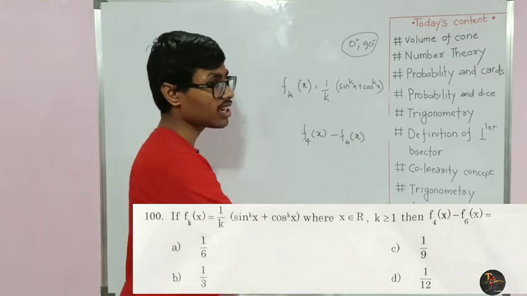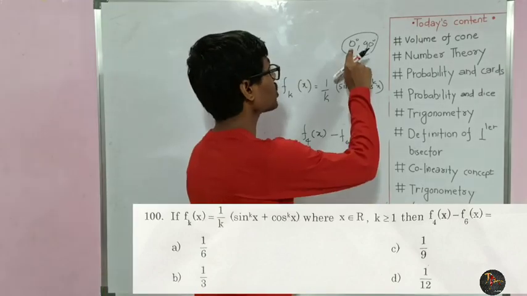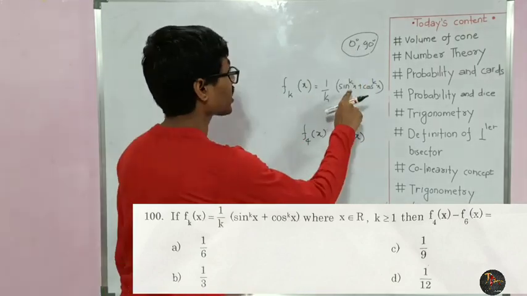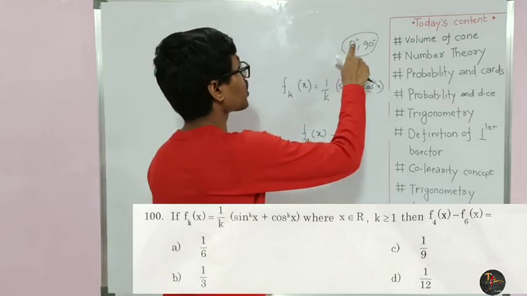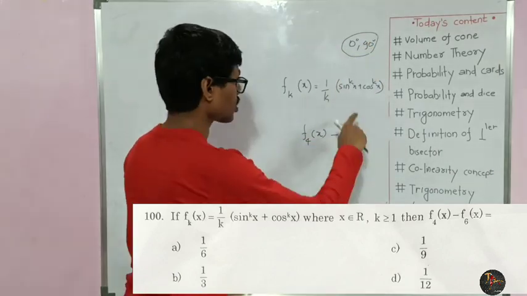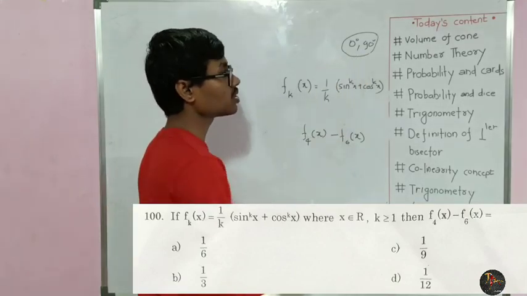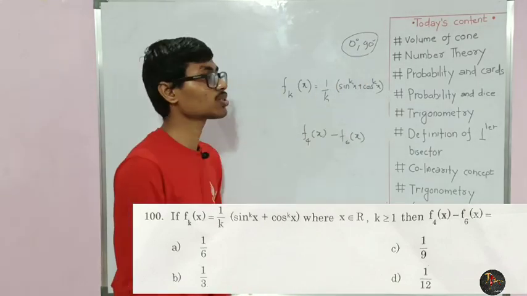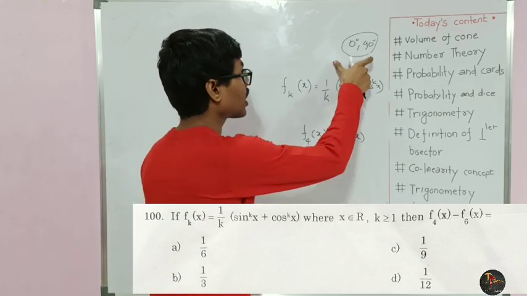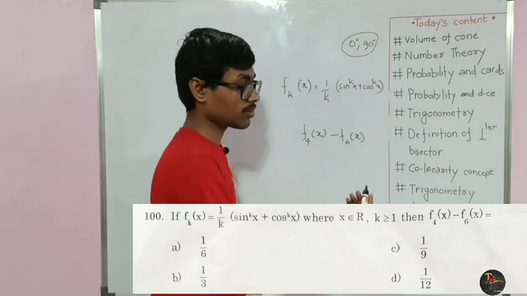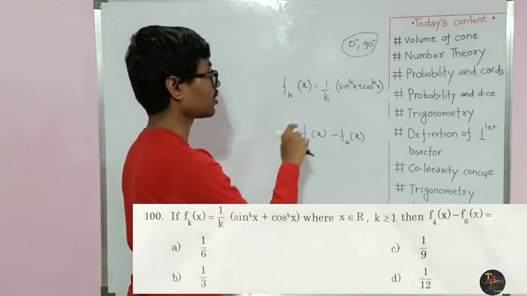So we can take any arbitrary value of x. Suppose I take 0 degree. I take both 0 and 90 degree to convince the correct answer. So we are using verification method. This method is known as verification method. We can apply this verification method whenever such complex questions will come.